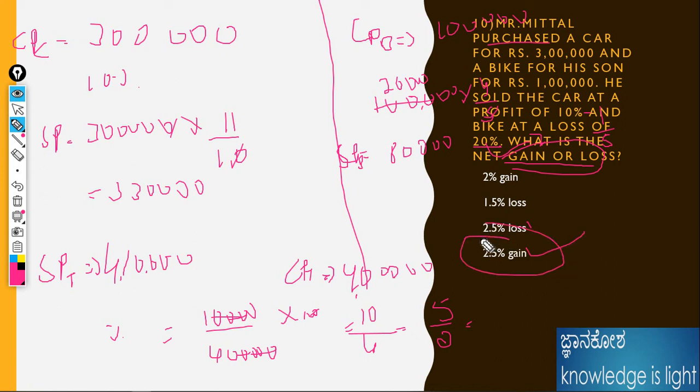Like that, we need to think how to solve, because if we know this method, definitely we can solve. It will get easy for the cost price. Visually we can solve, because 10% of 3 lakh is 30,000, as well as the 20% we can get by the reverse method, 80,000. After that, total the cost price and the selling price, take the difference, and we will get the answer for these kinds of questions. Okay, next question.